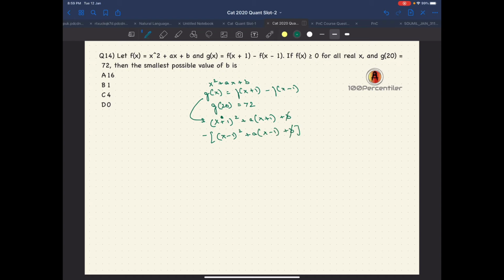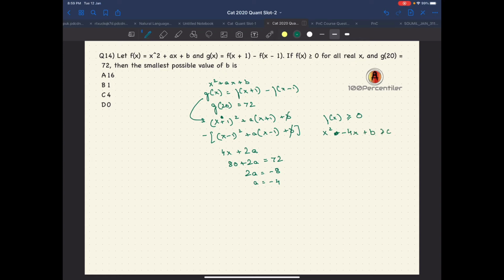So b gets cancelled out. x square plus 1 will also get cancelled out. We'll be left with 4x and plus a and plus a, so plus 2a. Now g(20) is 72, therefore 80 plus 2a is 72, therefore 2a is minus 8 and a is minus 4. Now we are given that f(x) is greater than or equal to 0, therefore x square, that's minus 4x